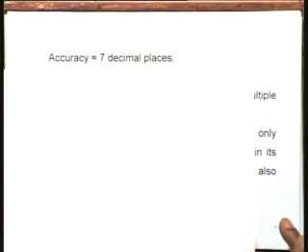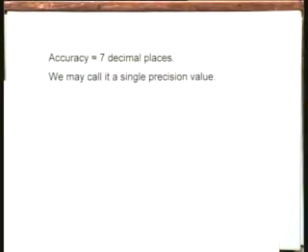Now if I look at this 23, I can take 2 to the power minus 23 and find out the approximate value for this one. So the accuracy is 2 to the power minus 23, approximately 7 decimal place accuracy. So if I go to the computer, the 32-bit, that is what we have, then we can expect 7 decimal place accuracy in each number. Now we usually call this a single precision value.